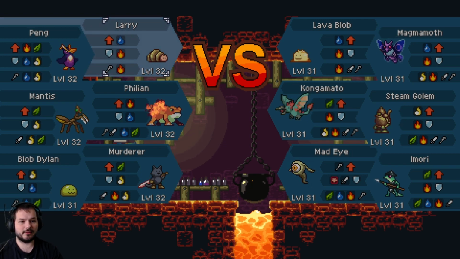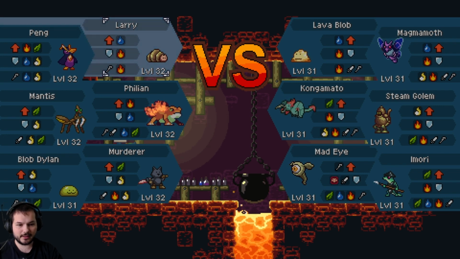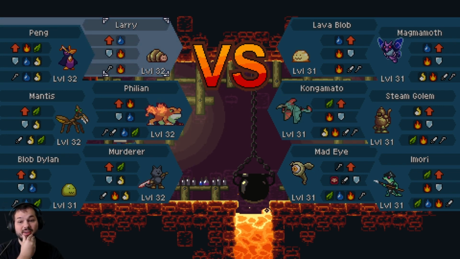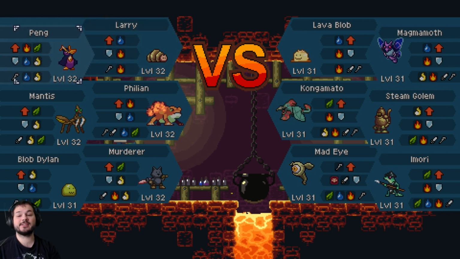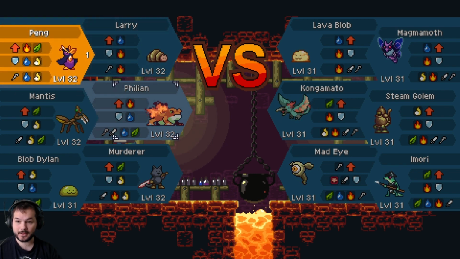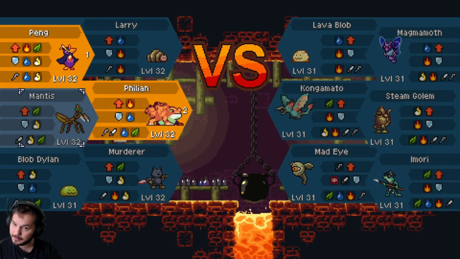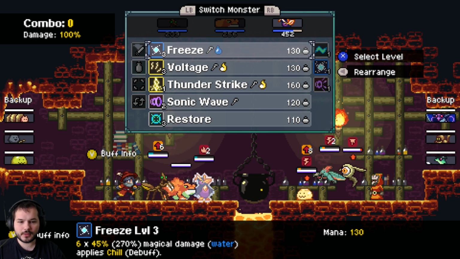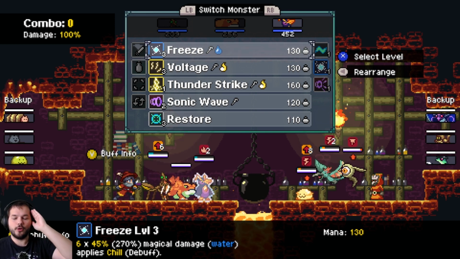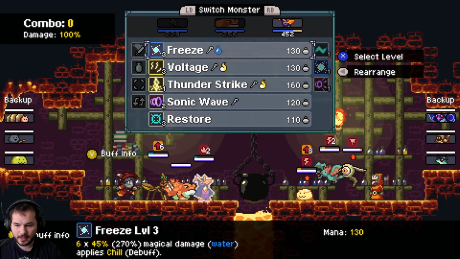Alright, damn. Lava Blob, Magmoth, Kongamato, Steam Golem, Mad Eye, and Imori. Quite a few strong monsters. We're gonna start with Peng. And Filian and Mantis. Alright. Remember, 2 attacks. We start, so there are only 2 attacks. We're gonna go...